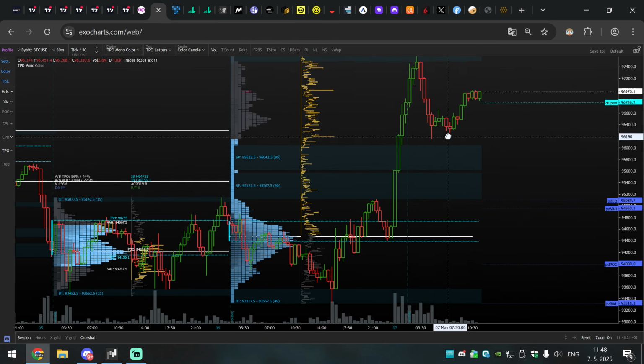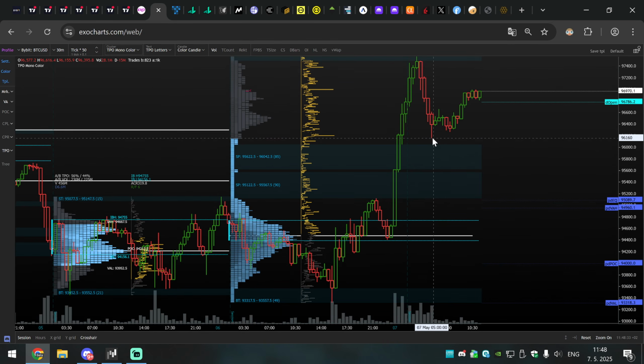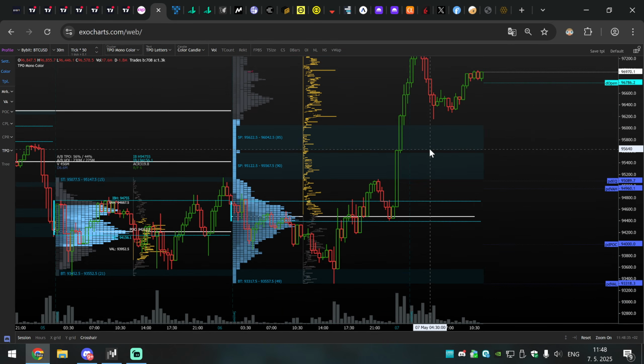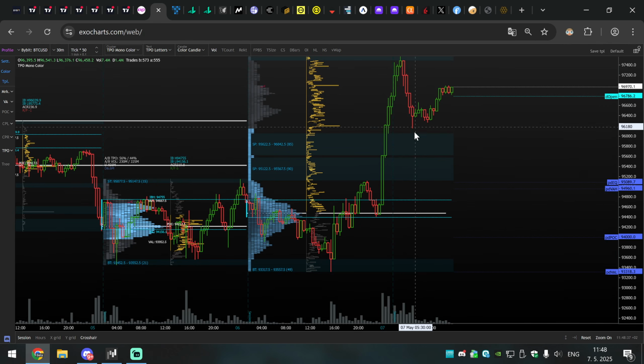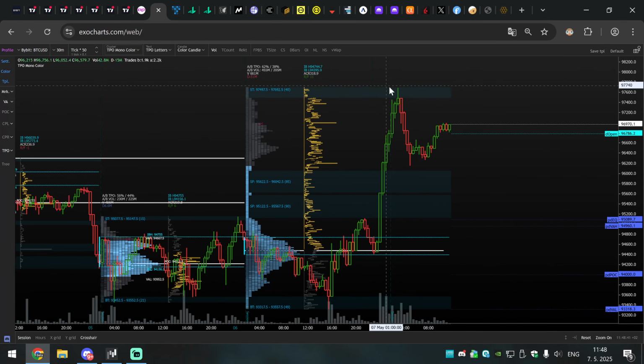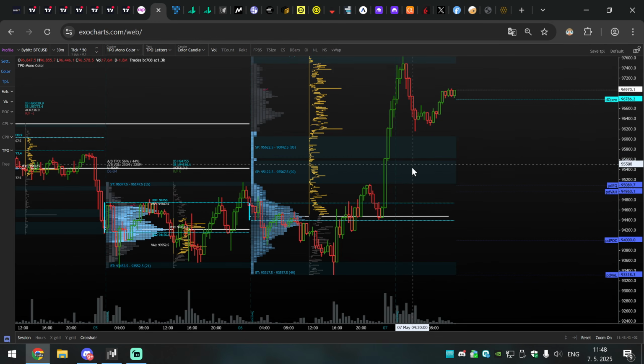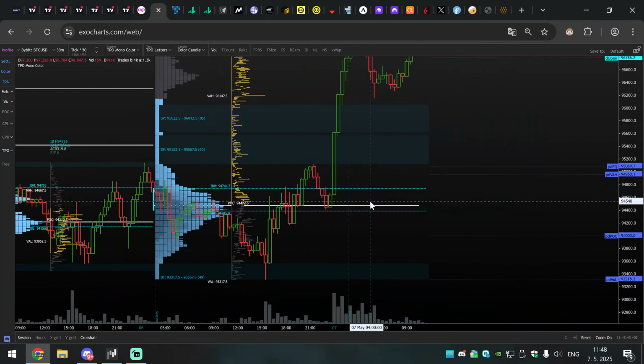the new regions forming above the single prints, but once you lose this low and you start getting acceptance, you know there is almost no support in these areas. So you will let single prints fill if you are in short from here. Just be aware of that. And then we can really watch that future retest of this daily naked POC